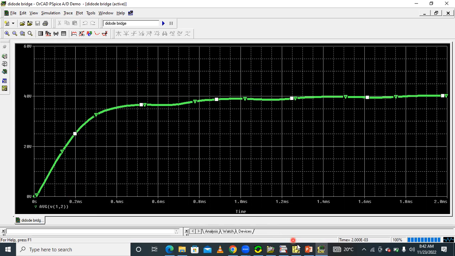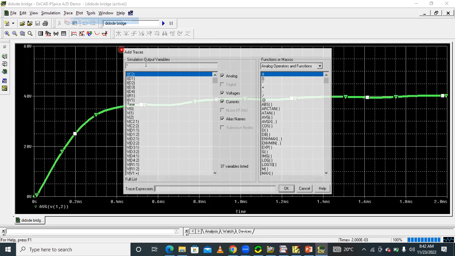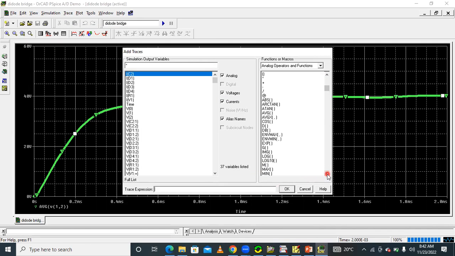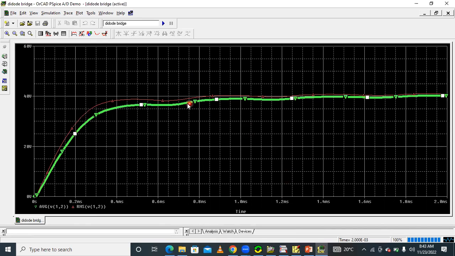And then similarly take the RMS value. Write the expression: go to Trace, Add Trace, and write RMS of V(1,2). The expression is available on the right side. Since the load is connected between 1 and 2, we have to write it in this way. The red color is the